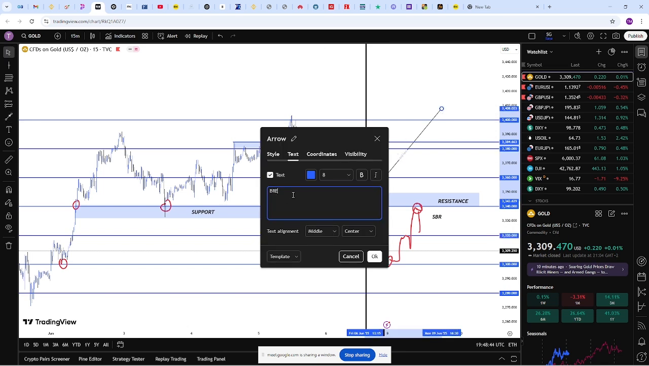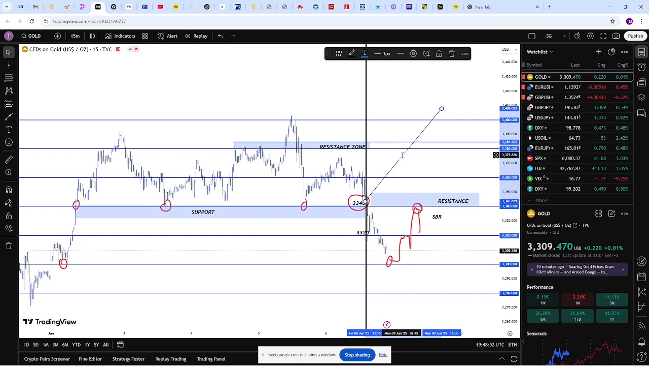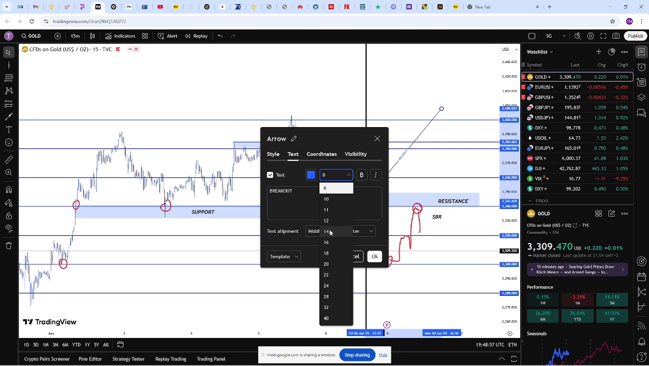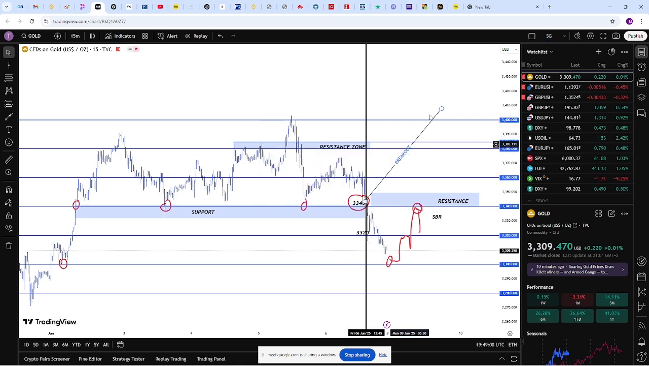Breakout, middle center, okay. Let me increase, make it 14. So where we have the breakout, okay, so after the breakout, what happened? I've turned it, rather, it's supposed to be this way. So this is the breakout, okay, so after the breakout, the market will go and look for maybe a support